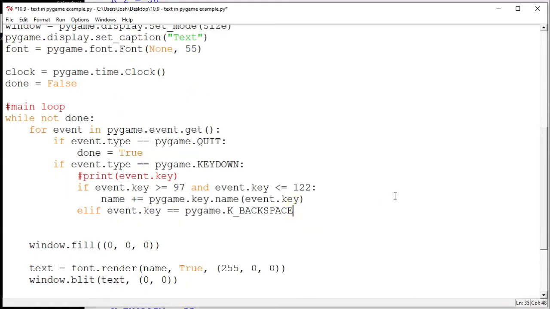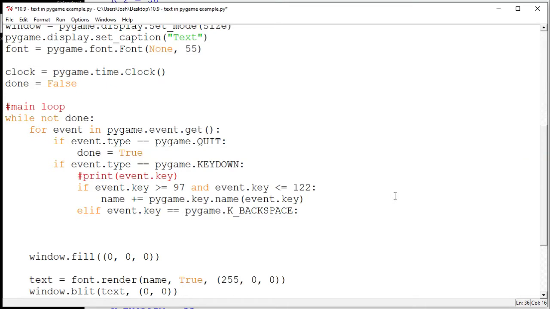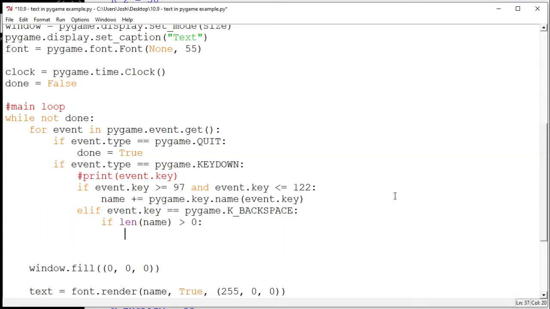So if we press the backspace key, then what we want to do is take the last letter off of our name. And the way we're going to do that is we're just going to set the value of name to everything from the start, the first letter, all the way up to the second last letter. So first of all, what if backspace is the first key that we press? We don't want to just start erasing when there is no value in our name at all, right? So what we're going to say is only erase if there's some length to our name. So if the length of the name is bigger than 0, as long as there's some letters in your name,